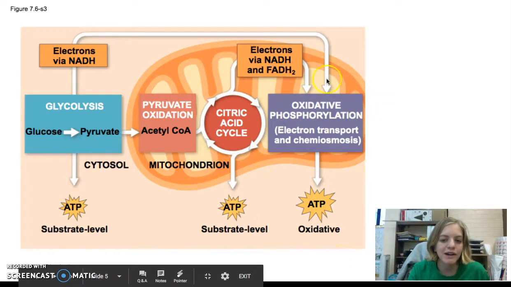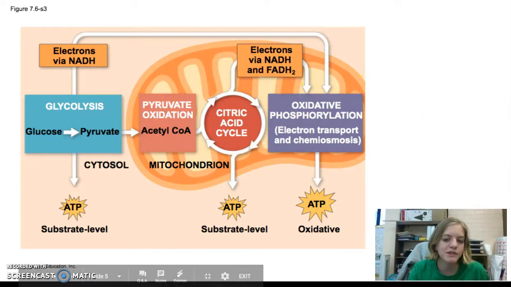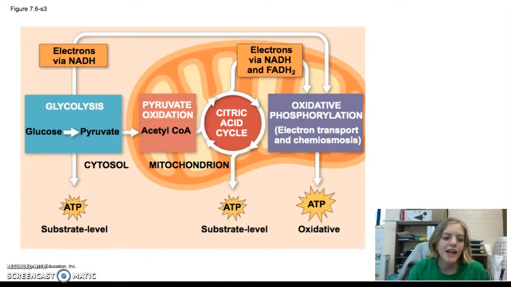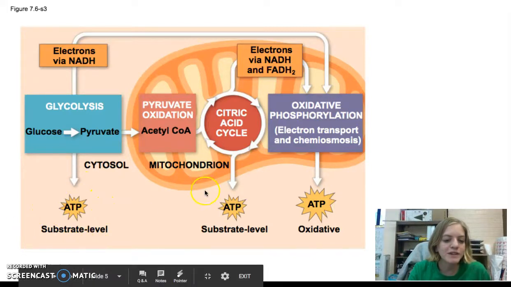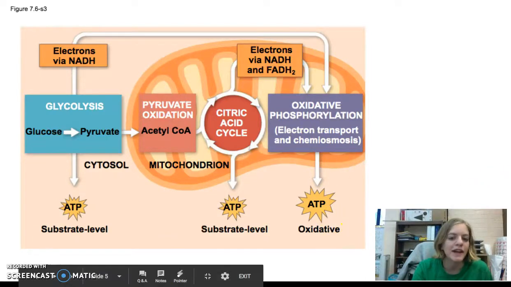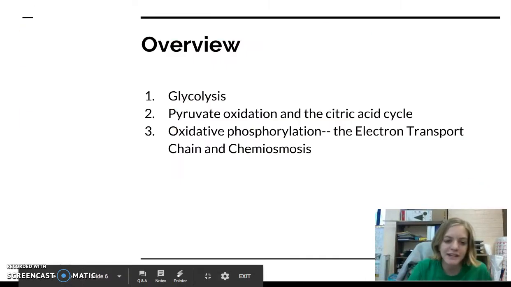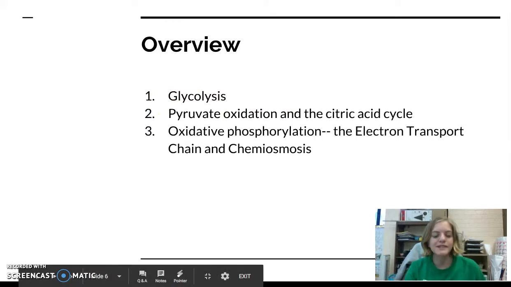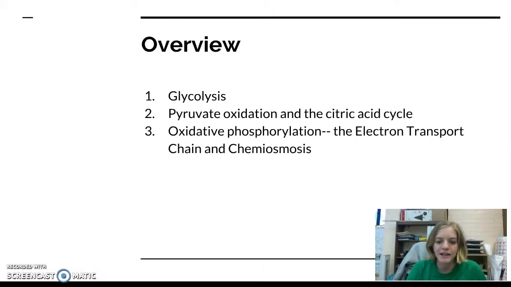And then finally, we have oxidative phosphorylation, which happens through what's known as the electron transport chain. Each of these three steps is very important, and as you can see, at the end of each step, we get some ATP. This is really helpful for us because we're converting those big food molecules into small bite-sized ATP energy. This is just a text version of what that picture was showing you. There are three major steps we're going to discuss with cellular respiration. This lecture will focus on glycolysis,